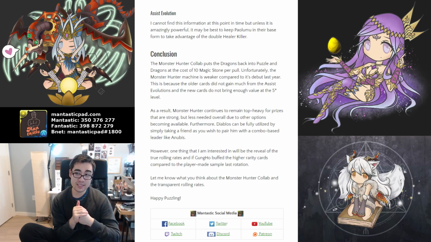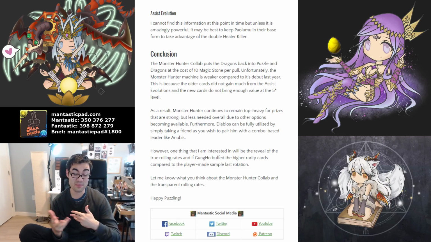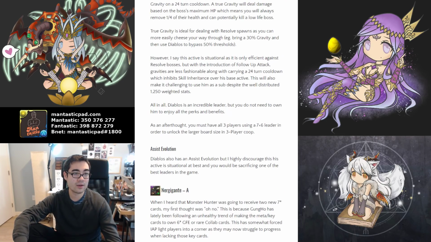Now, with that in mind, I am looking forward to Gung Ho releasing the rolling rates, because I'd be truly interested to see if the 7-star cards have like a less than 1% hit rate chance, and how would that actually affect players rolling. So perhaps on the bright side, because they have to release the rolling rates, it'll keep them a bit more honest and give us hopefully maybe better chances. But we shall see if it is an improvement from the long article